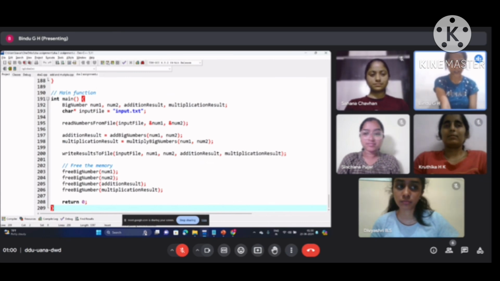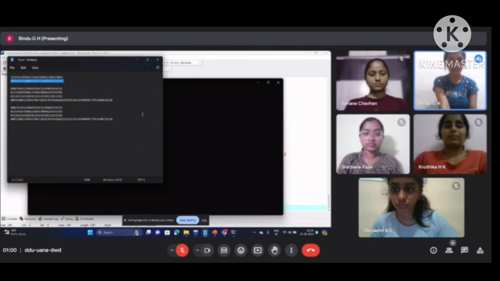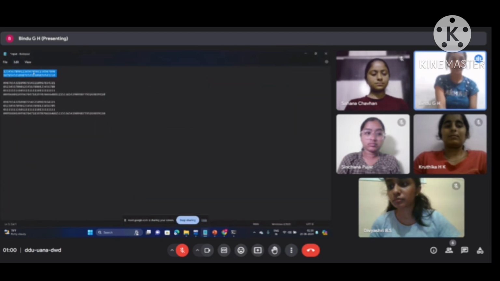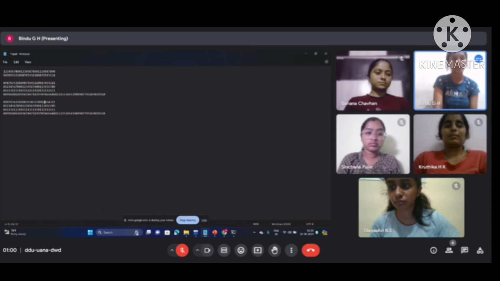I am showing the output of this code. This is the output we get from this code. This is num1 and next this is num2. We are getting the output of addition, this is the output of the addition of the two numbers, and for the multiplication we take these two numbers, and the output is